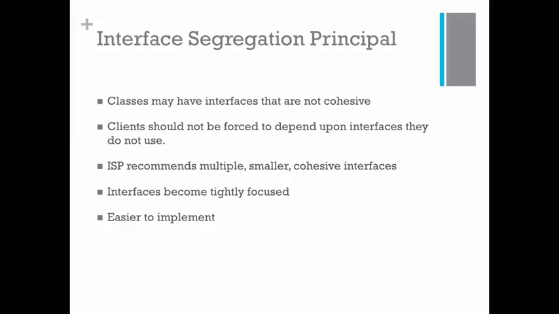The interface segregation principle states that clients should not be forced to depend upon interfaces they don't use. When we have non-cohesive interfaces, the ISP guides us to create multiple smaller cohesive interfaces. The original class implements each interface. Clients can then refer to the class using the smaller interface without knowing that the other members in other interfaces exist. When you apply the ISP, classes and their dependencies communicate using tightly focused interfaces, minimizing dependencies on unused members